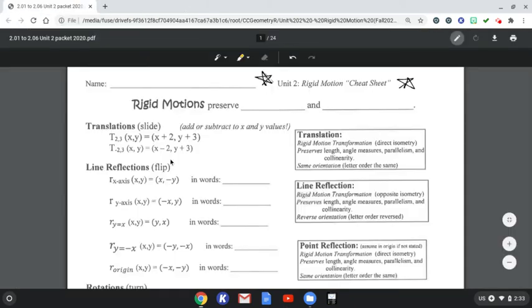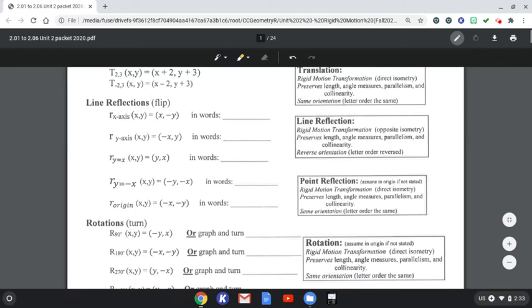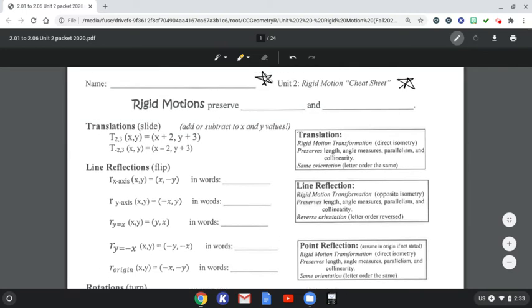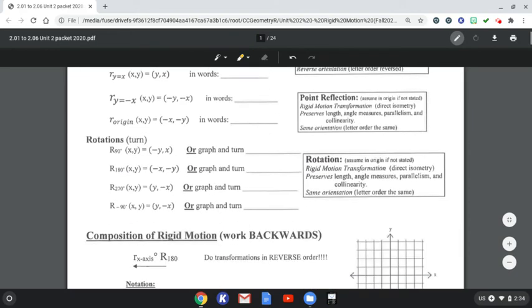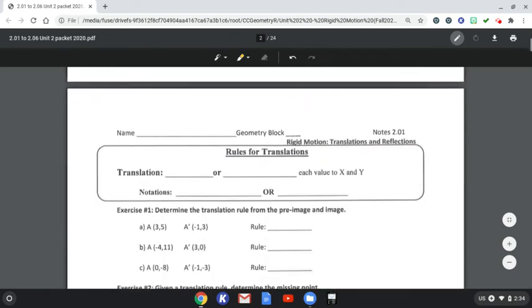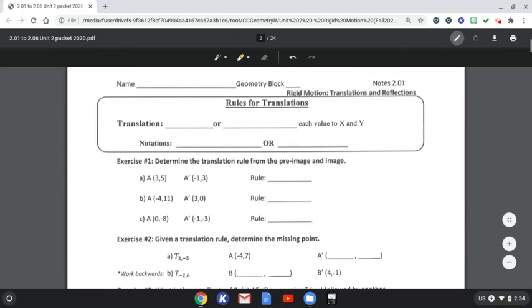Kind of gives you an introduction into translations, line reflections, and rotations. Today's lesson, we're going to be focusing on translations and reflections. So, getting started, I'm going to skip the first page. If you want to open up your packet to page 2, really, the back of the front page says